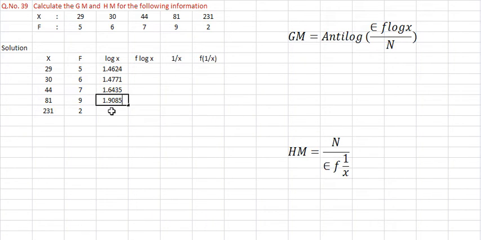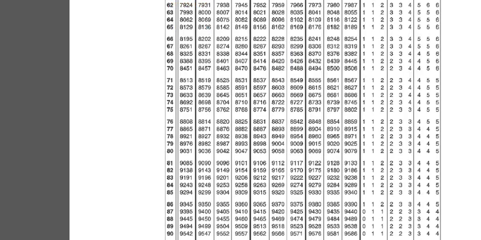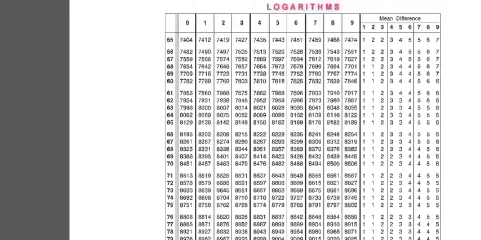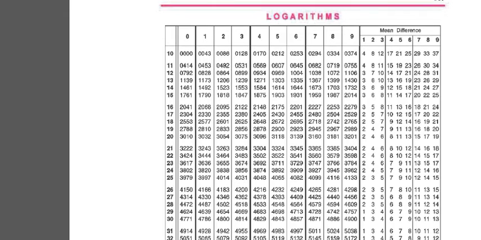9085. Then 231. Now you see that 231 means 3 place. 2, 3, 1. 3 place are there. 3 place minus 1 is 2. Then you find the 23 1. 231 means 23 here. Now not 0, because next number is 1, it is the 23. Then you have to find 1. So 23 1 is 3636.